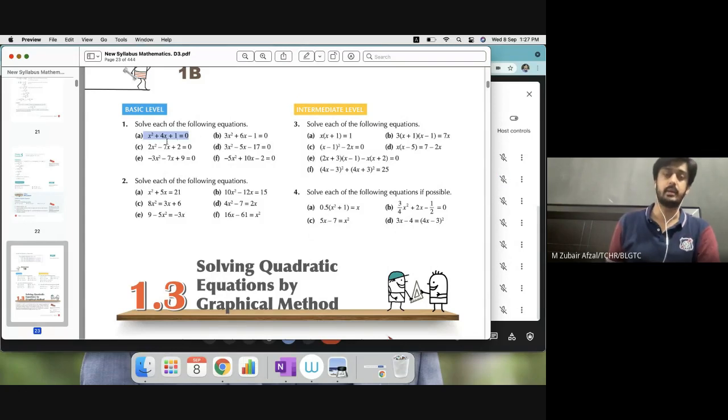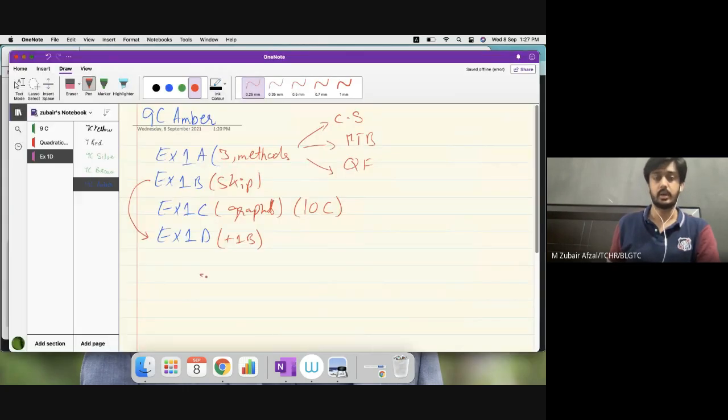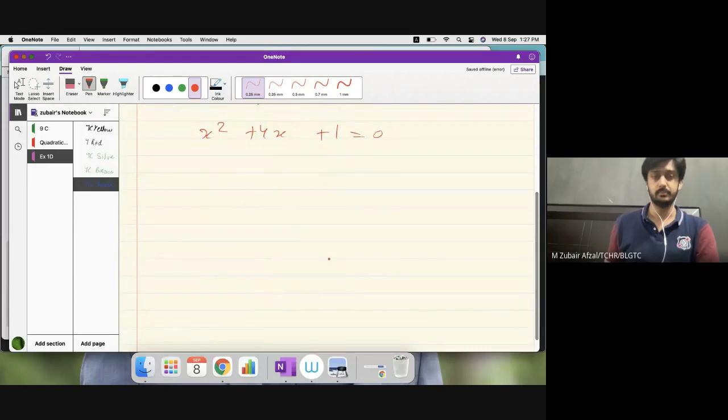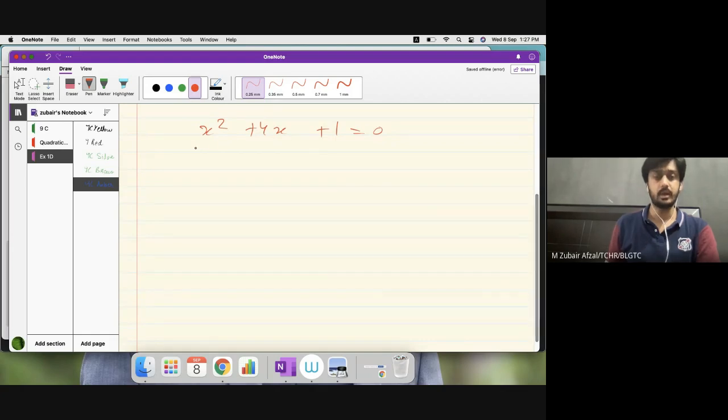But when I write this question, this is x square plus 4x plus 1. Do you think you'll be able to do it by mid-term breaking? Anyone, can you think of the factors? I don't guess so, sir. We can't do it. And the reason is that the answer is in decimals. So we are left with no choice, either to choose completing square or